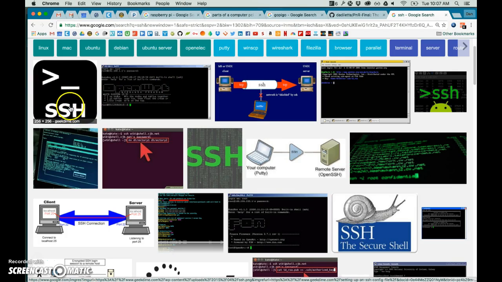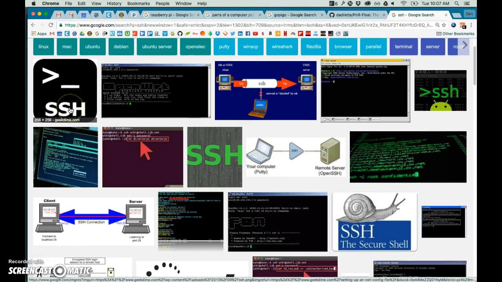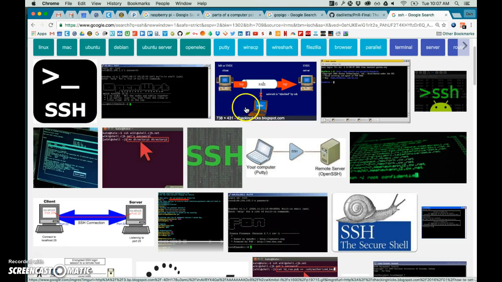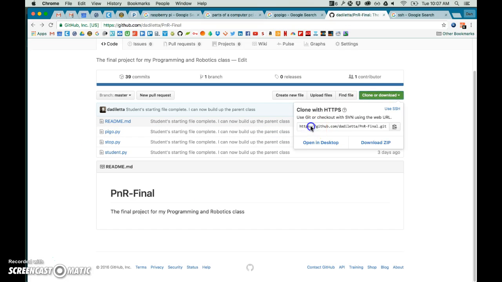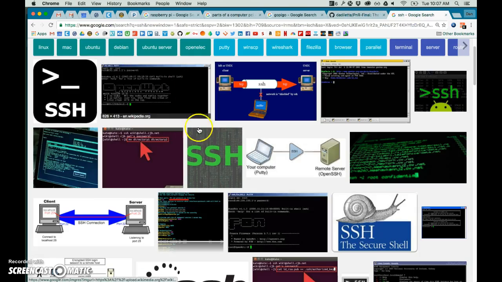So we will remote connect to their IP address, and then we will use a GitHub command to pull all of our code. It's not too hard. They give us this link here, and we do a command called git pull, or git clone, with this address, and it will copy all of this code and add a copy of that onto the software on our Raspberry Pi. Then through SSH we can just tell it to run our app,